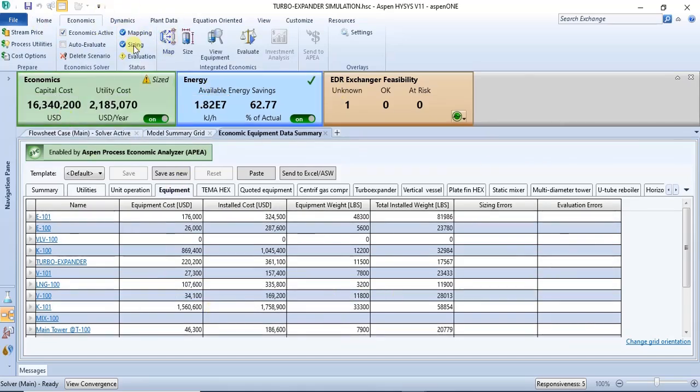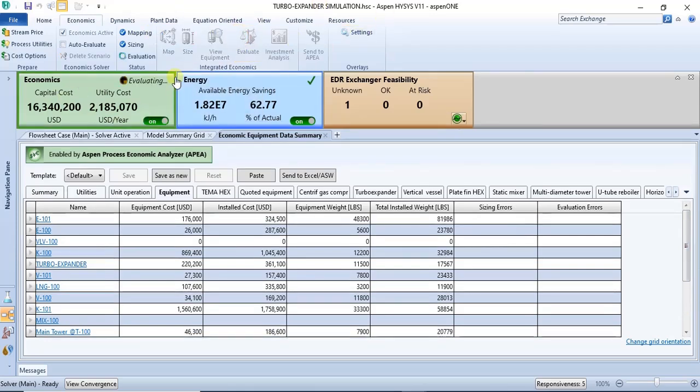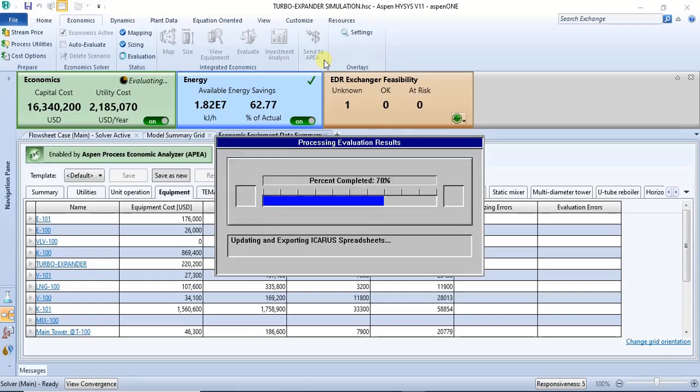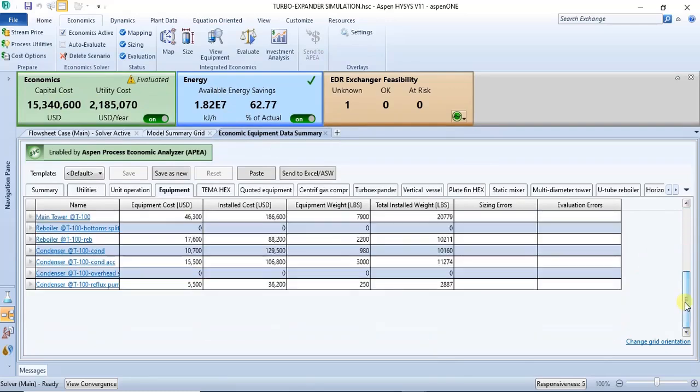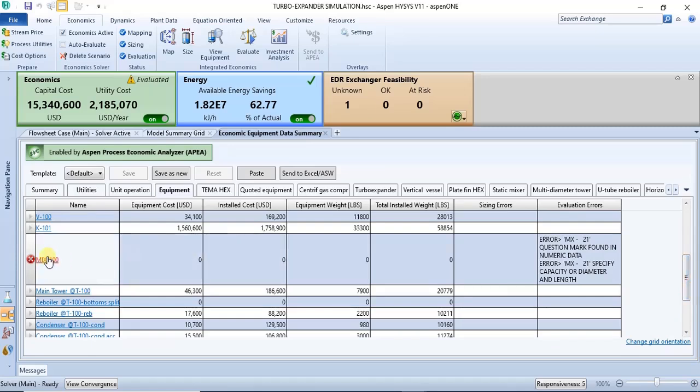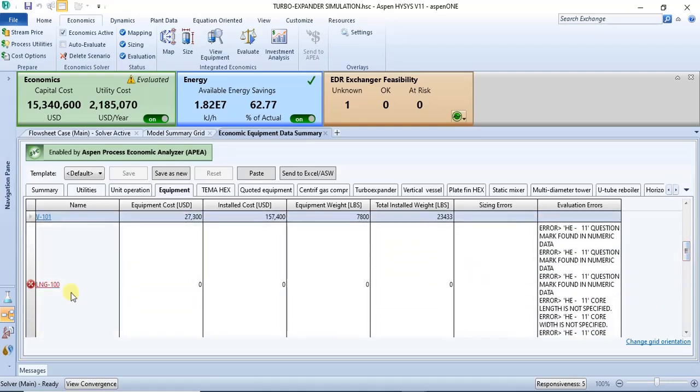On sizing it, then we click on evaluate to see if we are able to correct the error. Let's see. Okay, we are not able to correct the error. Now, let me see. For the mixer, you have specified capacity or diameter and length. The other error we have here is the LNG, which we have already resolved before, so we can easily